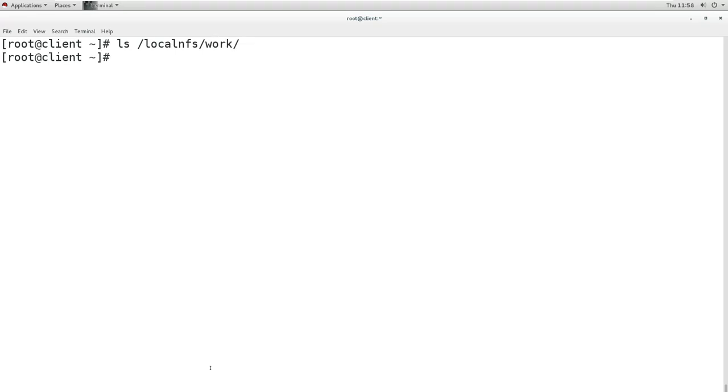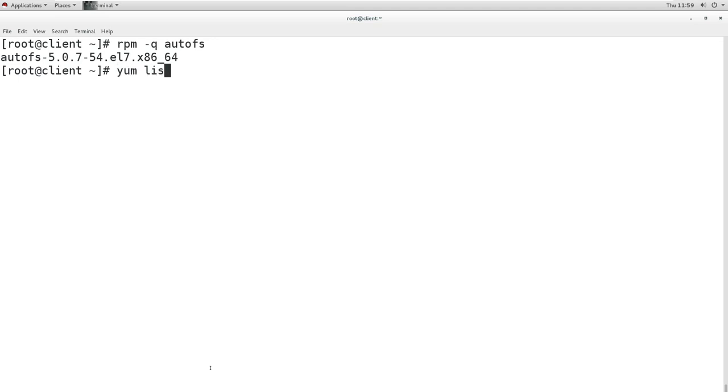Now we are going to mount it, and you see I am listing right now, it is not showing anything. Now I will check whether the package is available or not. The package name is AutoFS. Right now the package is installed in my system. If it is not installed, then I can install it with the rpm command or yum command. But this is installed, so I will not do anything.